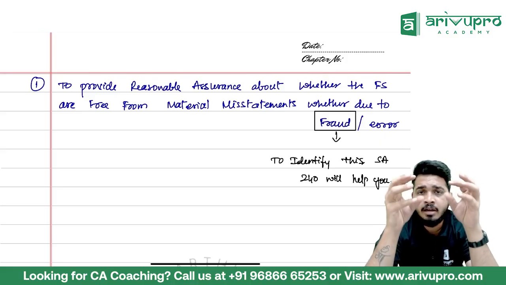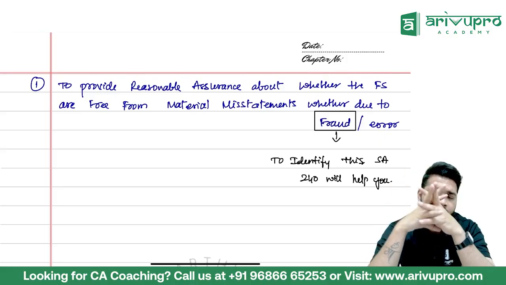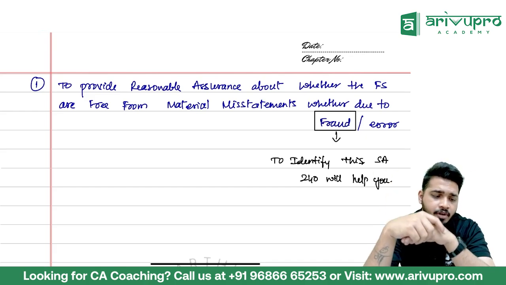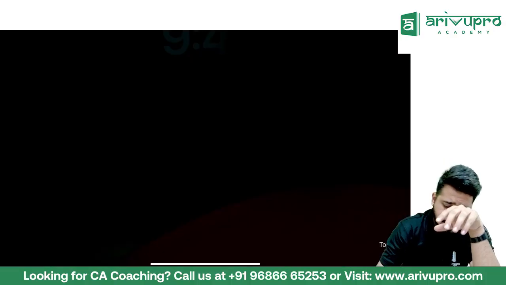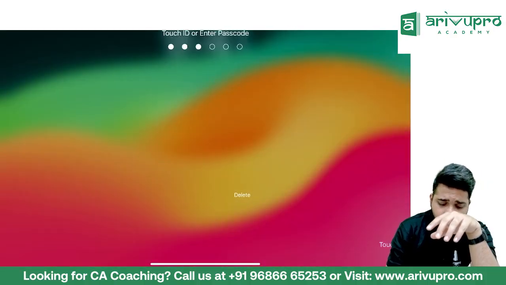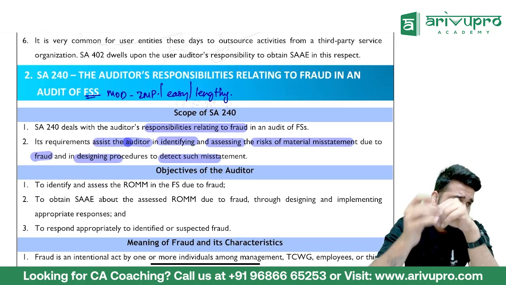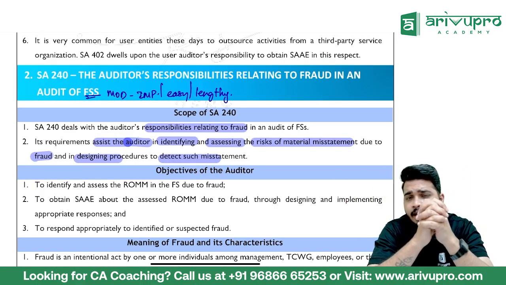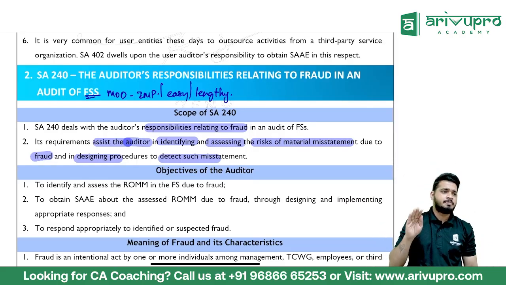Similarly, now I'll remove the parent and I'll put auditors there. I'll remove the child and I'll put management there. Despite doing everything, if the management is doing fraud, what can we do? Tell me. Can you hold me liable? You can't hold me liable, boss, because I've done everything that has to be done. It is the management who is not listening to me. So what can I do? I can't do anything with respect to that. Correct? So SA 250 clearly says it's your responsibility to do the procedures with respect to fraud if there is